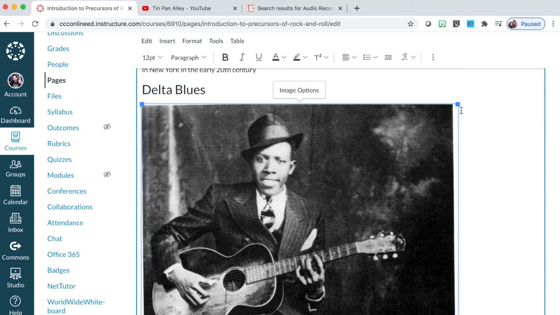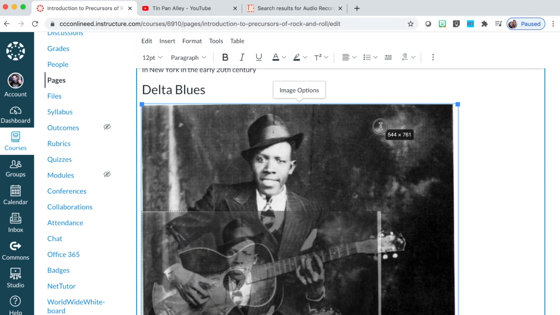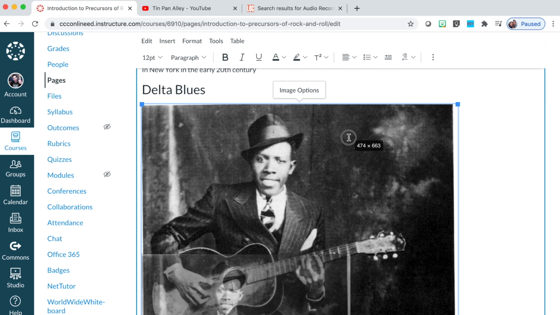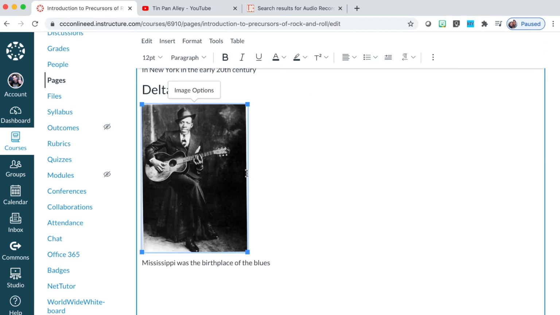And then an easy way to resize is to click and hold one of the corners of the image. So I'll just click and hold the top right corner, and I can see the dimensions of width and height. So I'll just bring this down to, let's say, 240. So there's my image. Now you also have the option of image options. So you can, on your own, explore that menu, and that's where you can actually type in height and width or choose small, medium, and large.